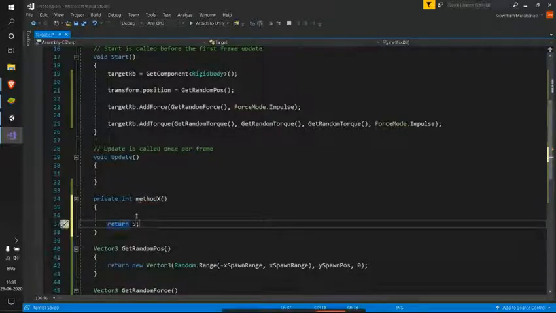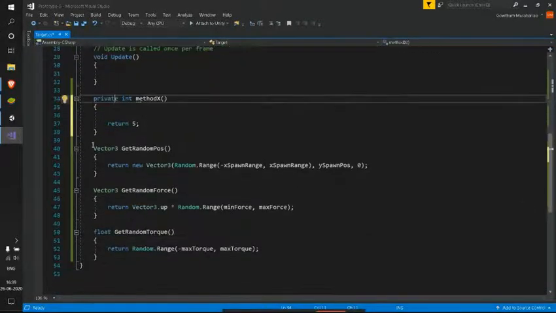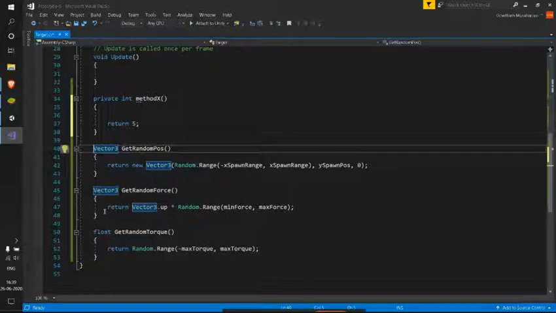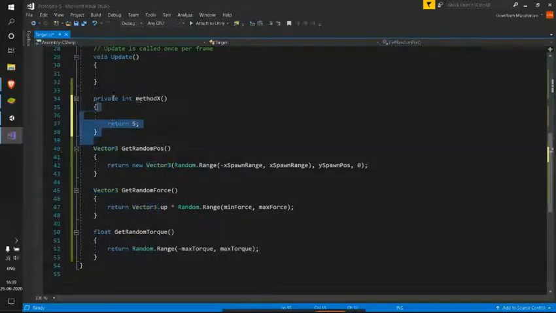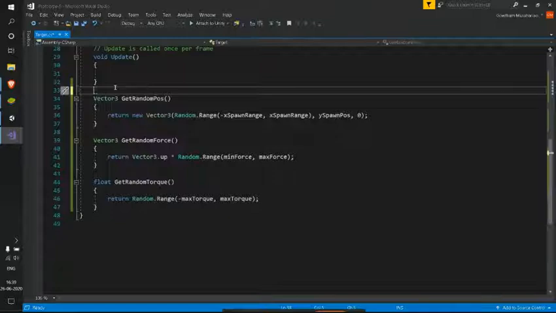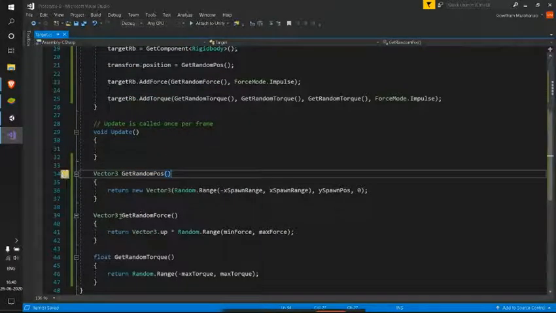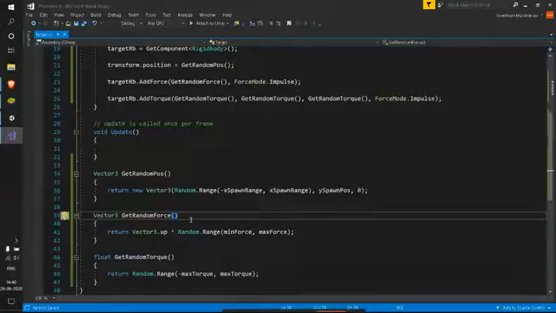So see, if I have some method like this, I have declared this private, right? But here I didn't declare anything. Even this works fine because the default access modifier is private. So even though I didn't give this as private, these are already private. That's a very good feature, because we need not specifically declare them as private.